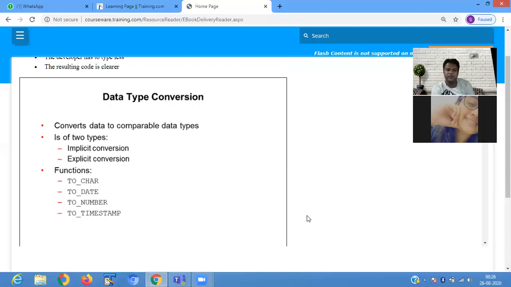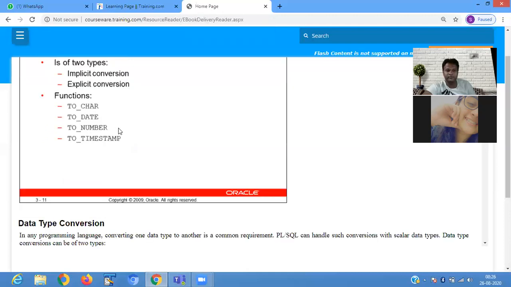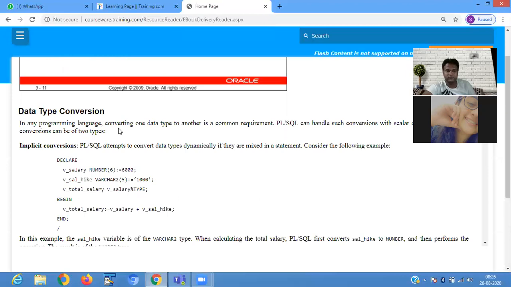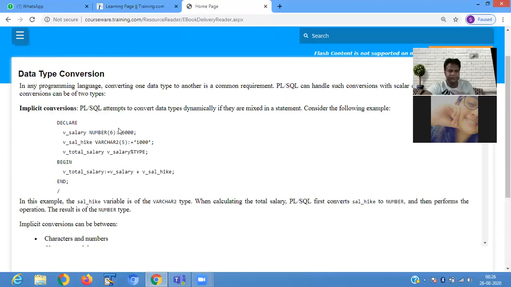The functions we use are TO_CHAR, TO_DATE, TO_NUMBER, TO_TIMESTAMP. So this conversion function is used to convert one data type to another. Here another example is present.